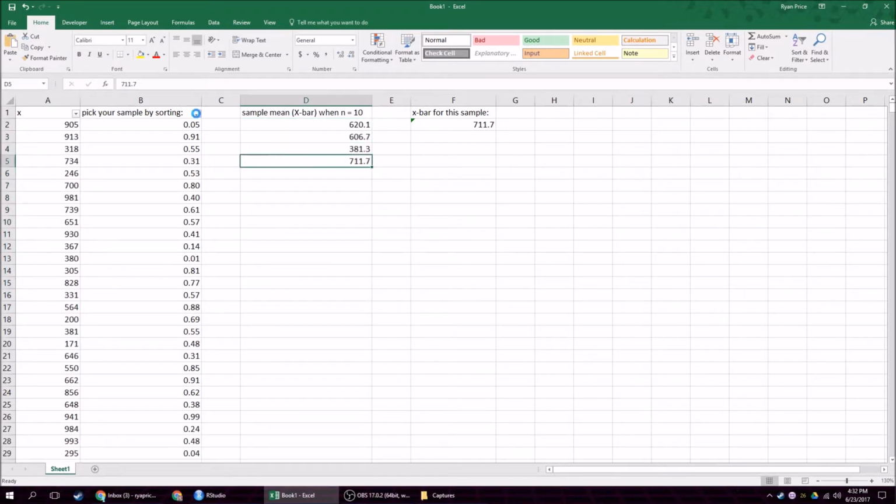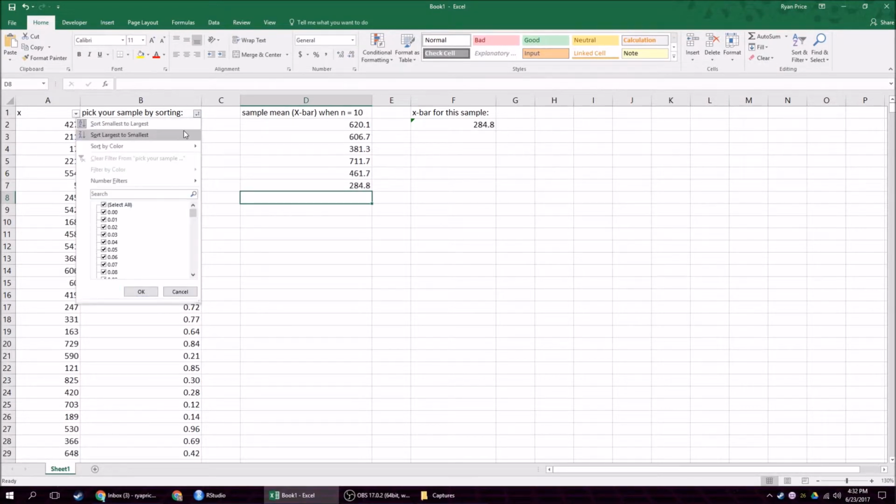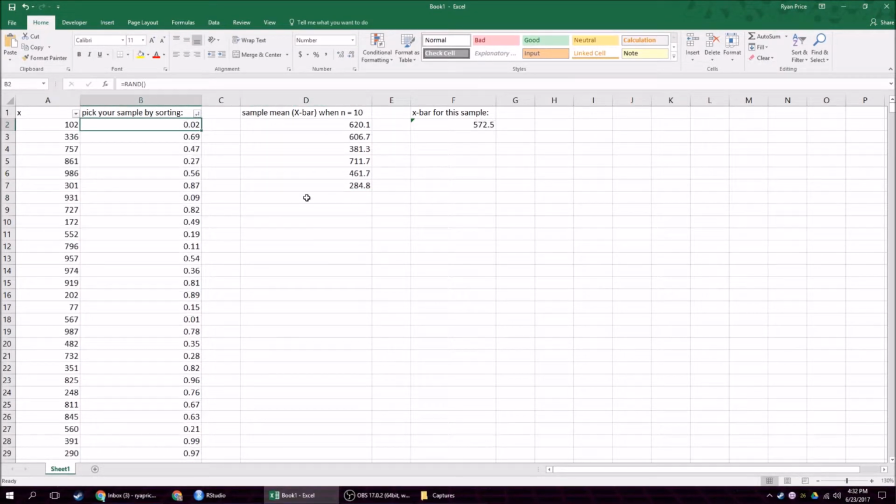Alright, so I'll take a few more just so I can demonstrate what I'm saying. 461.7 is another sample mean. 284.8 is another sample mean. I'm pulling it from here. Right? Oops. Well, large or smallest doesn't matter. 572.5. So see, I'm making a new variable out of means from this variable if I take samples of 10 at